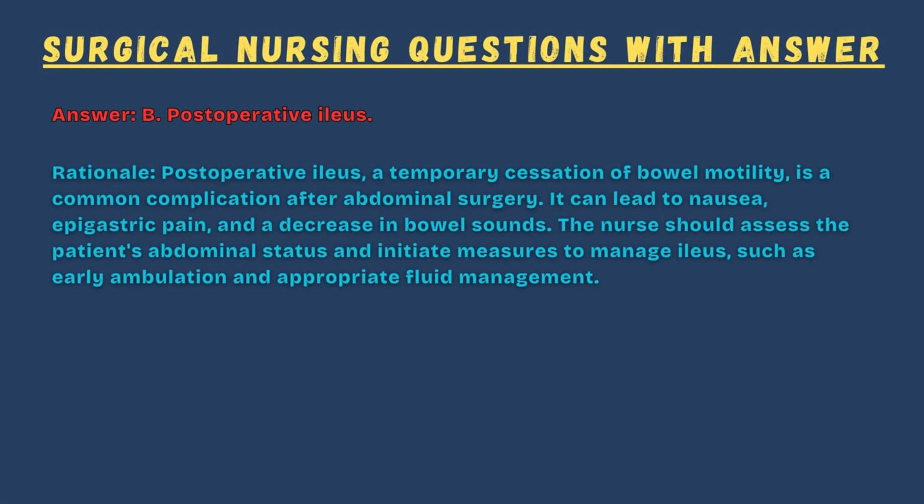Answer: B. Postoperative ileus. Rationale: Postoperative ileus, a temporary cessation of bowel motility, is a common complication after abdominal surgery. It can lead to nausea, epigastric pain, and a decrease in bowel sounds. The nurse should assess the patient's abdominal status and initiate measures to manage ileus, such as early ambulation and appropriate